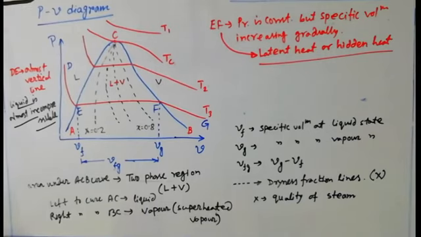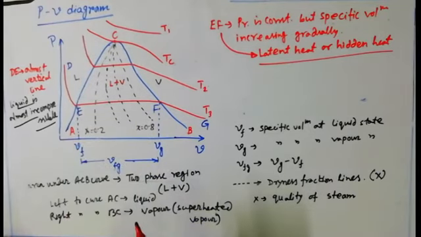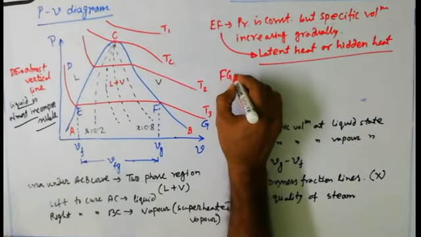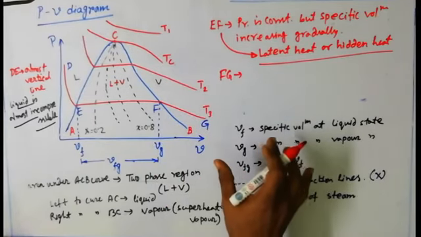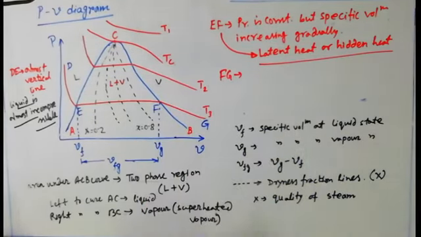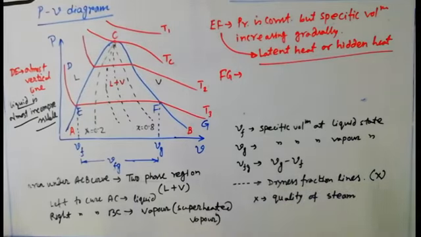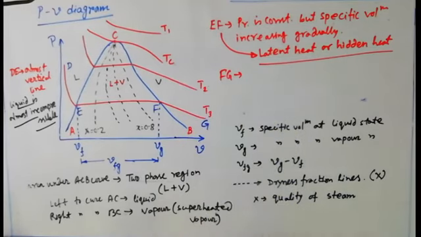Okay, so in this region the pressure is remaining constant as well as temperature, but the specific volume is getting increased, so the volume of the water is getting increased. Okay, now coming to the FG part. In the FG part, you can see it's an inclined line. That means specific volume is gradually increasing while the pressure is gradually decreasing. Obviously if pressure decreases, then the volume can increase. If the pressure is increasing, then volume is decreasing. So you can see the pressure is gradually decreasing and the specific volume is also increasing.